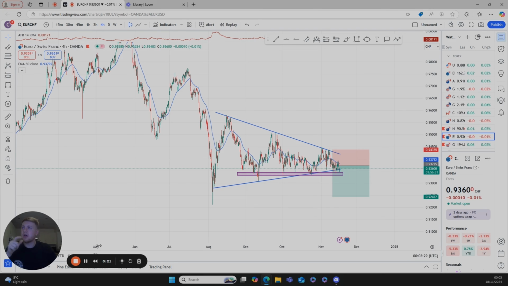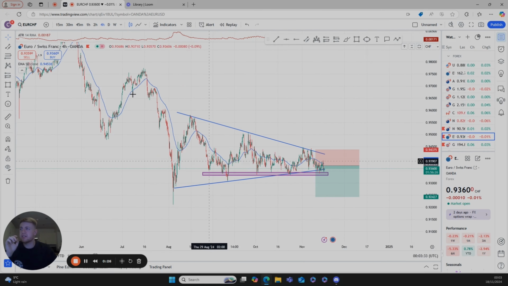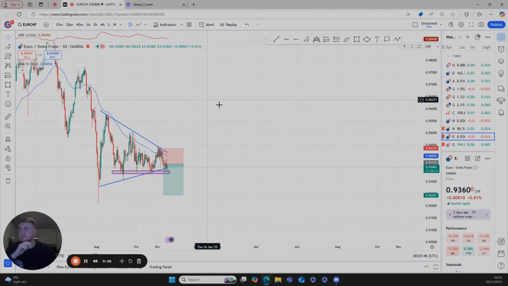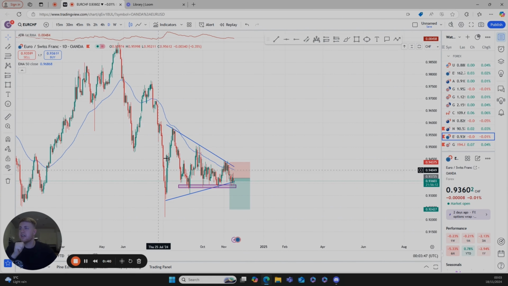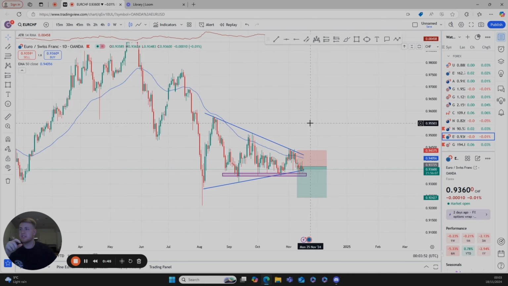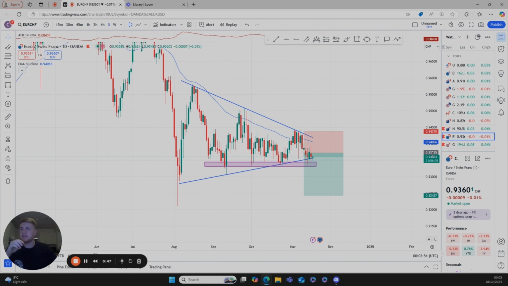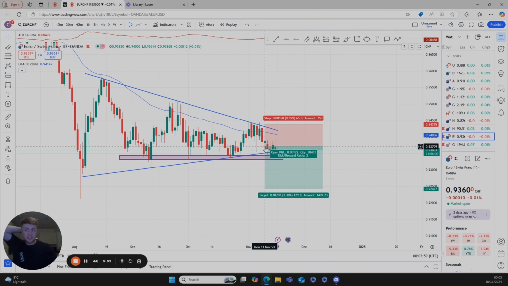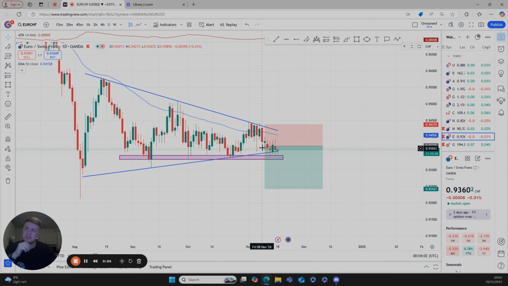So starting with this Euro CHF, as you can see, we've got a downward trend. You would have seen this last week, so I know I'm going over it, but just so everyone is aware, we're on a downward trend here. Let's just change it to the day time frame. We're on a downward trend here, which then starts to form a bearish pennant, as you can see. And I entered the market exactly there on that line, that price.